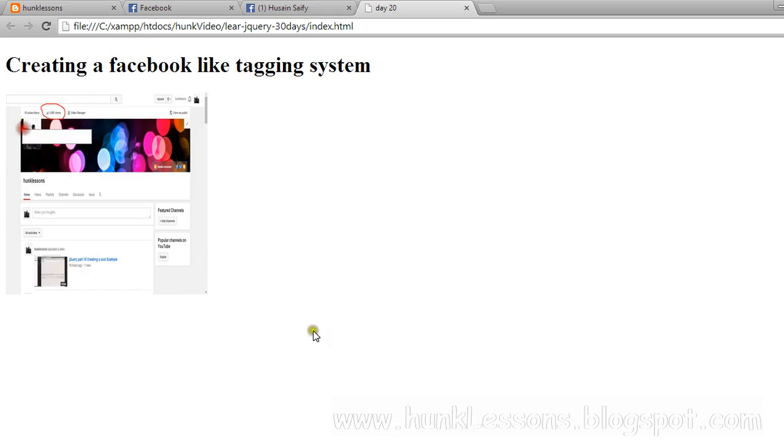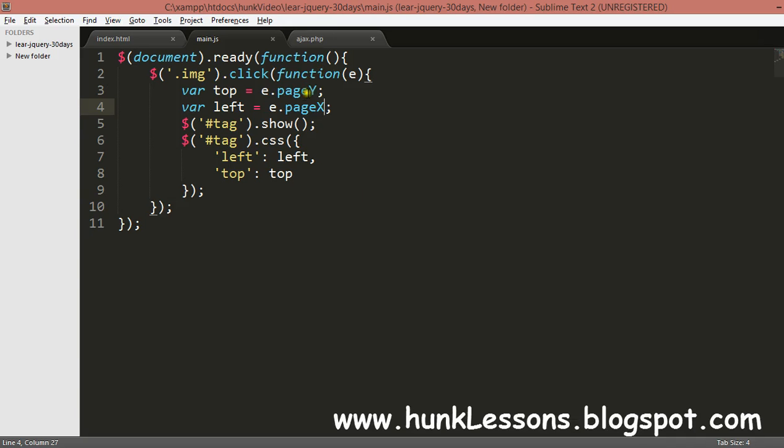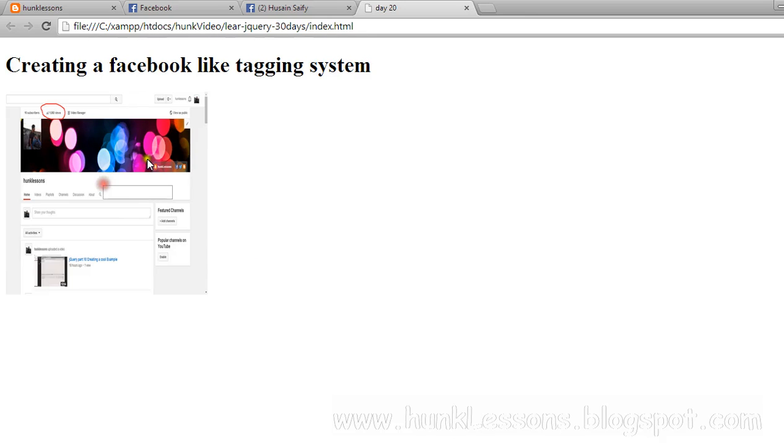That's doing fine. You have to use page X, Y for the top and left for the X. Sorry for the misspelling and misconception, my foolishness, my dumbness. Whatever you want to say to me. Okay, that's it for now.